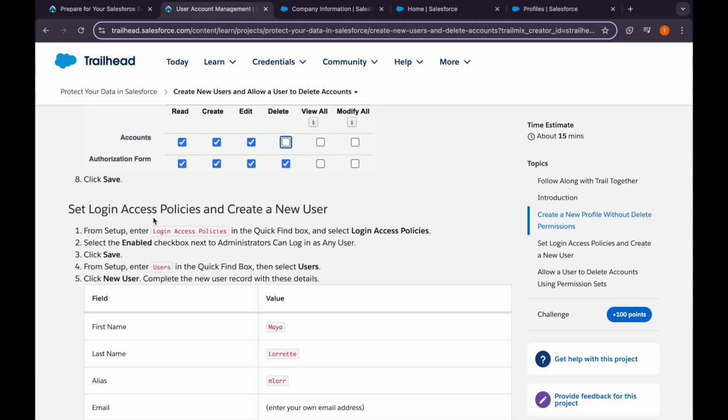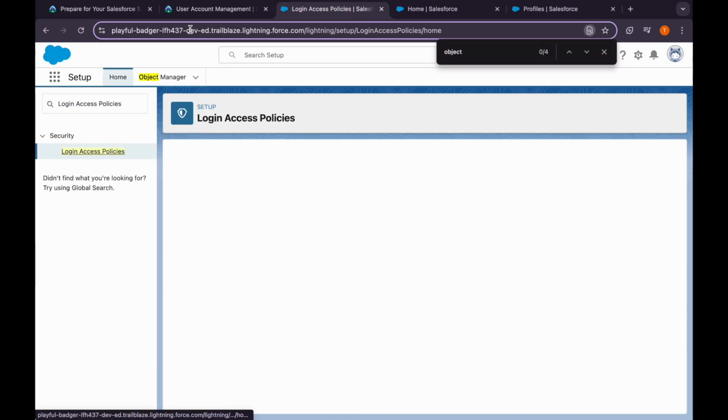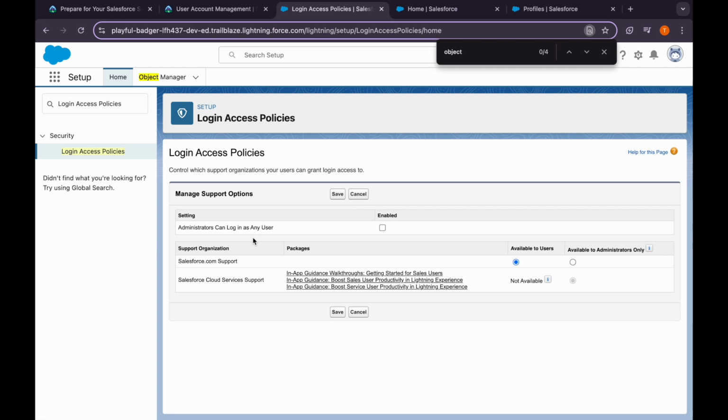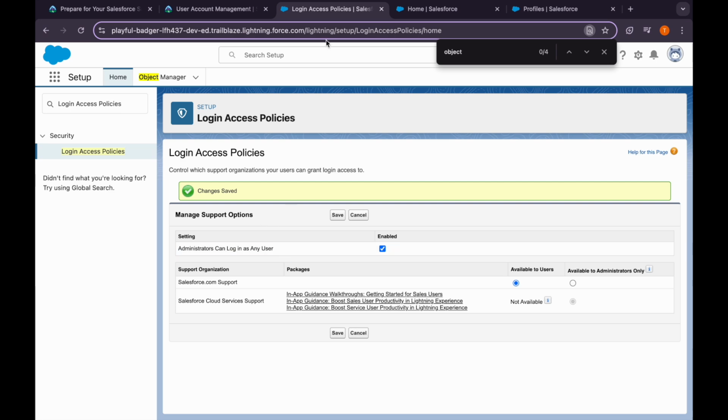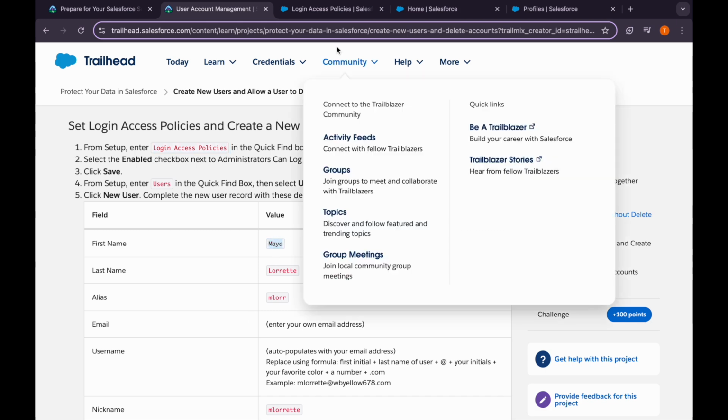Then we need to set login access policies for creating a new user. So I'll go to setup and search for this. Then what we are doing, we are enabling the checkbox next to the administrator, so that it can log into any user. So for that I'll show you how the administrator can log into any user. So let's go here and then save it. Changes are saved,